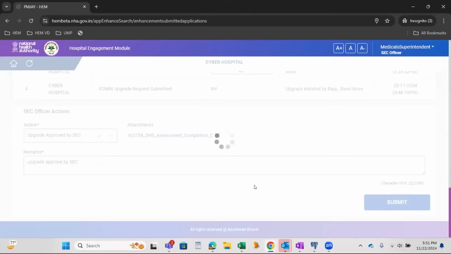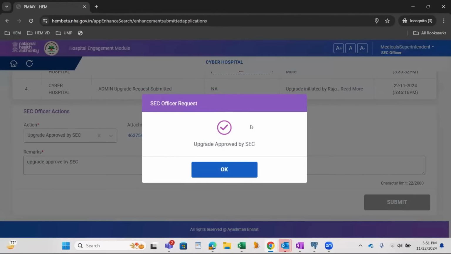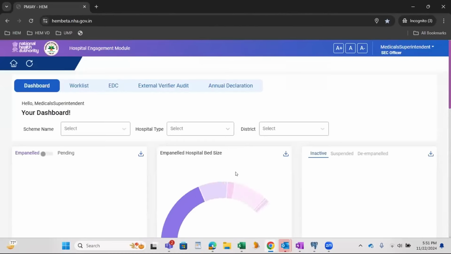Now click on submit. So this is approved by SEC, and now this upgrade request is also approved and the data is upgraded.